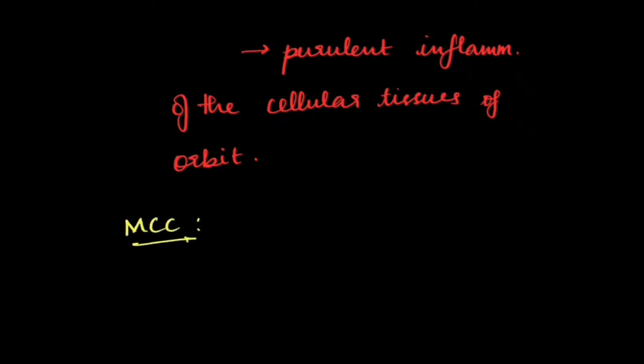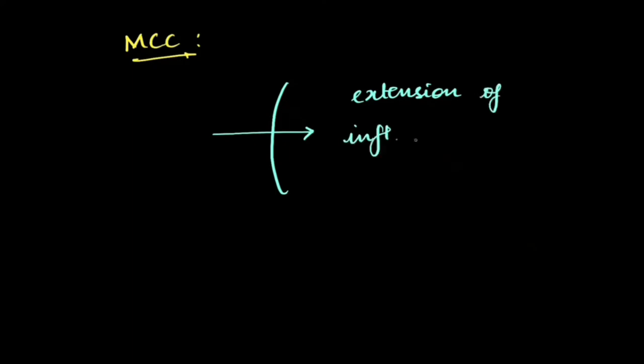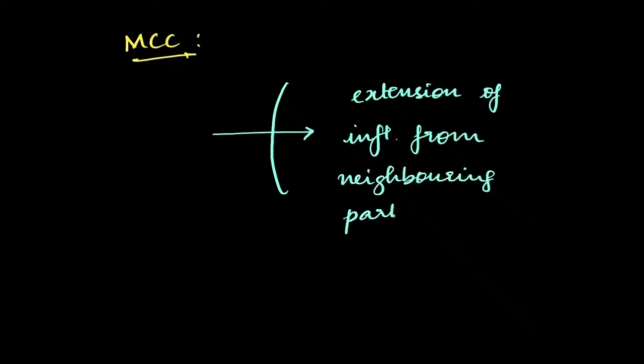The most common cause for development is extension from the neighboring tissues to the orbit. So the inflammation gets extended from the neighboring tissues into the orbit, especially from the nasal sinuses. This is the most important cause, and there could be other causes like